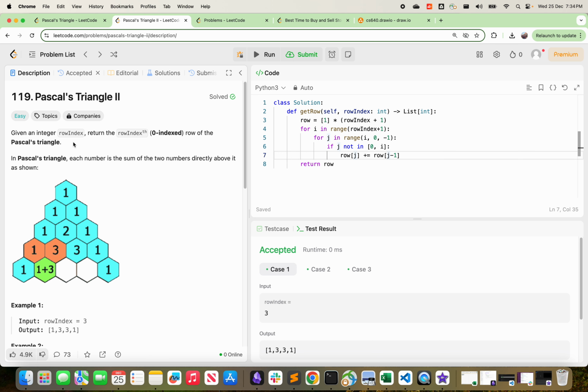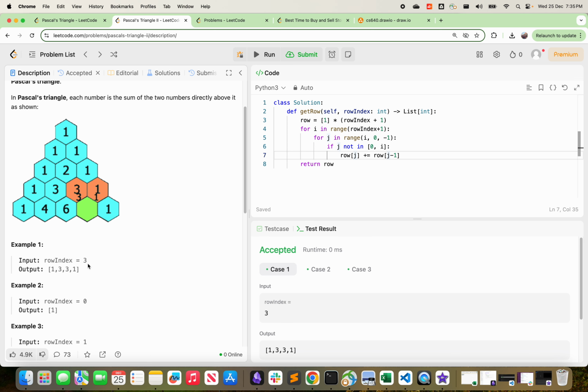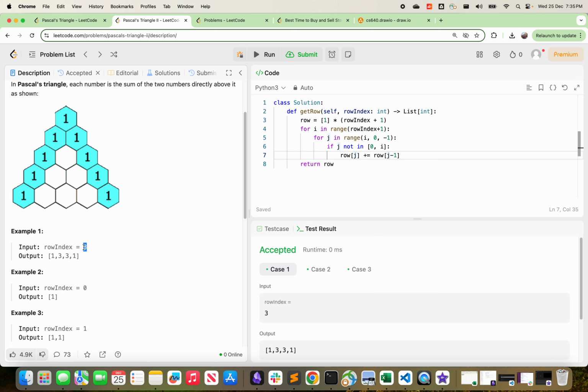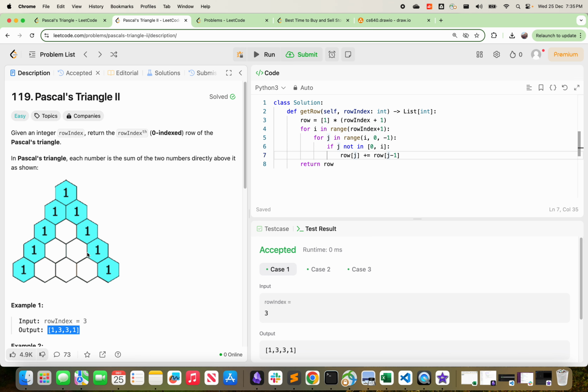Previously, we had to return the entire triangle, but right now we only have to return a row of this Pascal triangle. And this is zero indexed, the row is indexed starting from 0. You can see the example here. If row index is 3, I want to return the fourth row: 0, 1, 2, 3. This particular row, I want to return 1, 3, 3, 1. That's exactly the output. That makes sense. So on the right, there is the solution, but before we get into that solution,